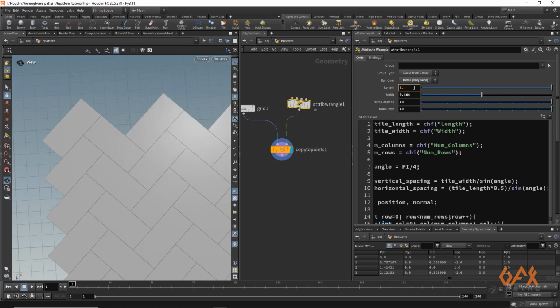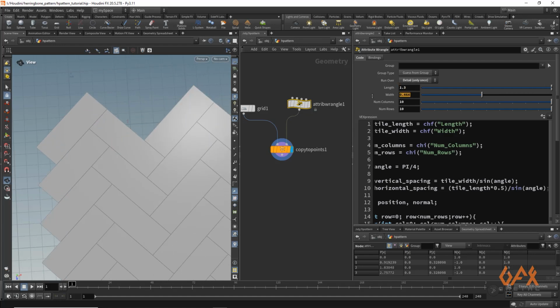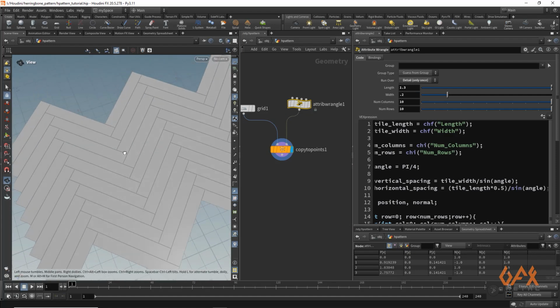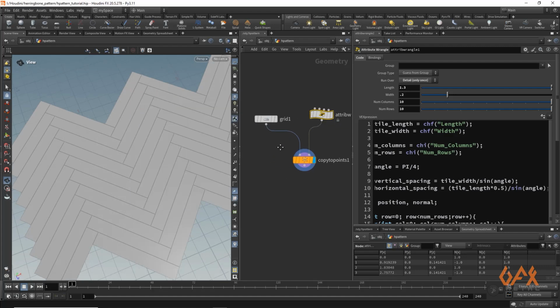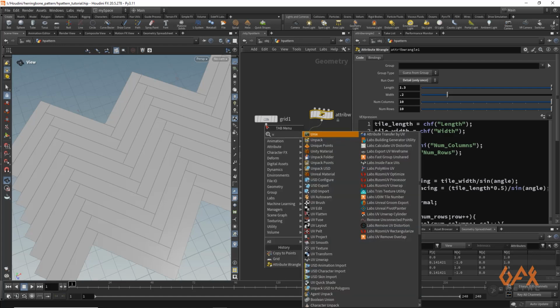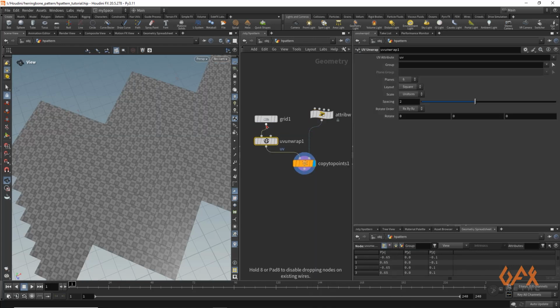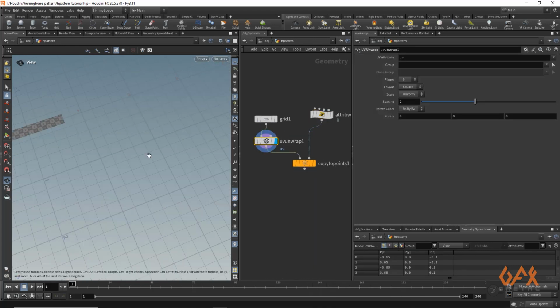Right now I just set 1.3, 0.2. Now I apply some more modification onto this. It is always preferable, as I am going to apply some texture onto this particular tile, that we apply one UV unwrap, and let's check.